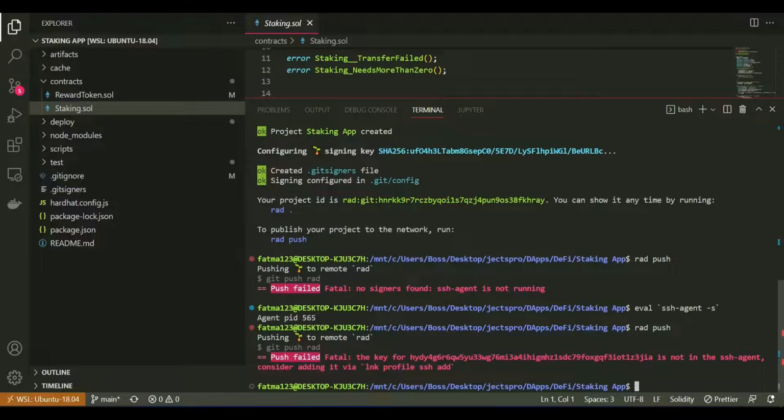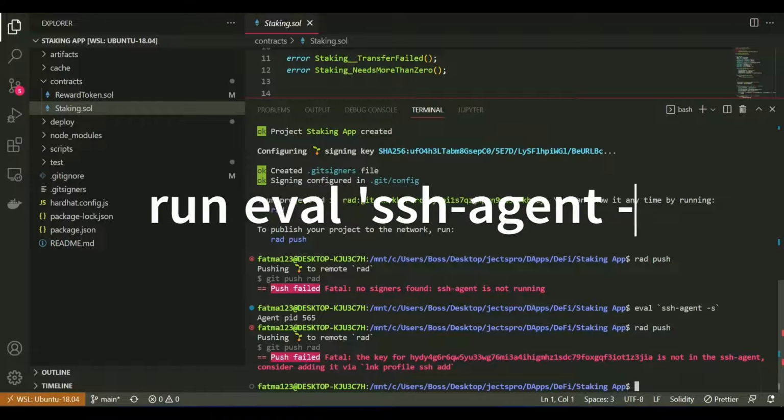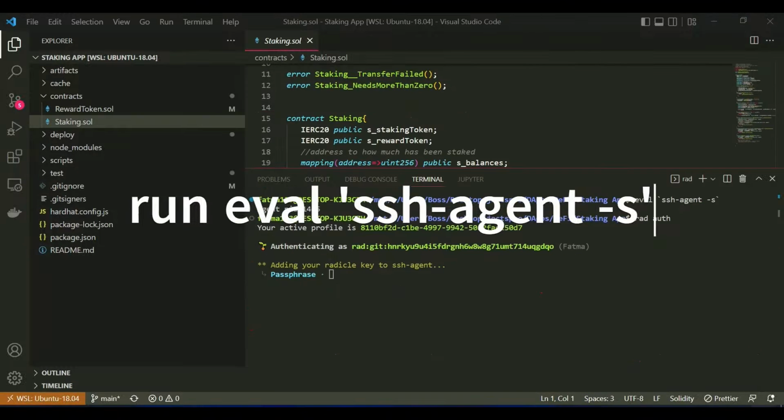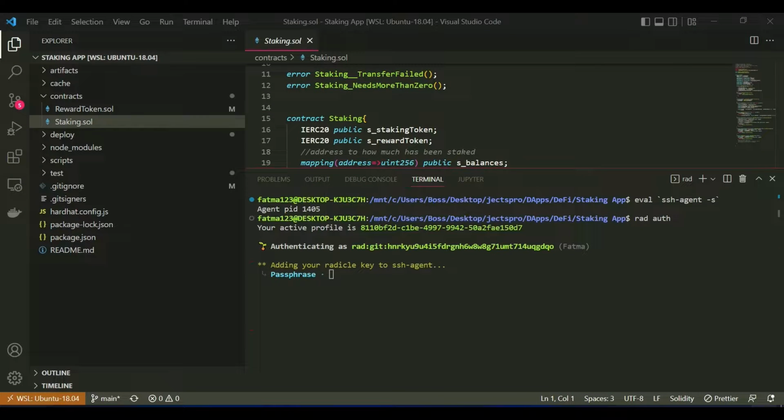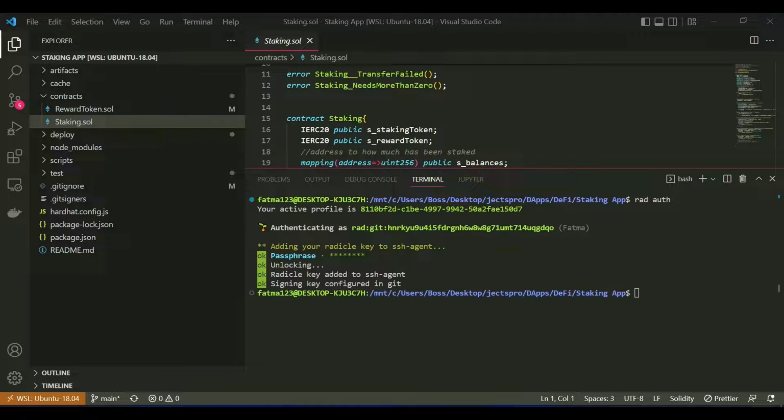I encountered an error stating SSH agent not found. If you come across such an error, run eval ssh-agent -s. Then do rad auth. Once the Radicle key is added to the SSH agent and the signing key is configured in Git, do rad